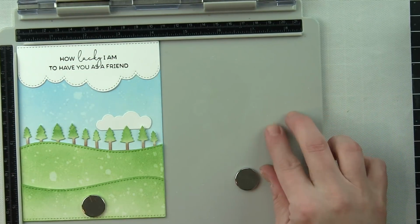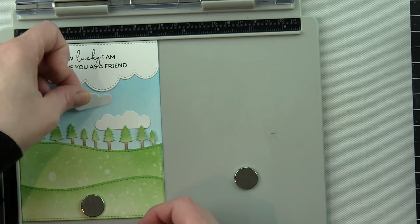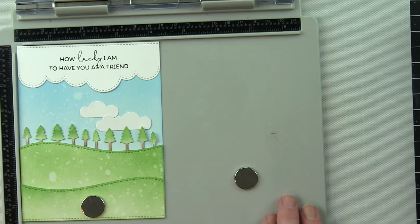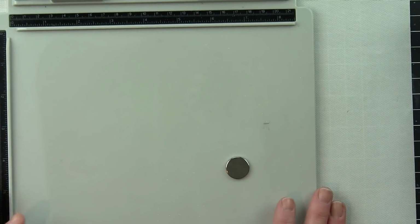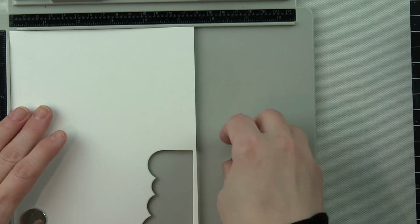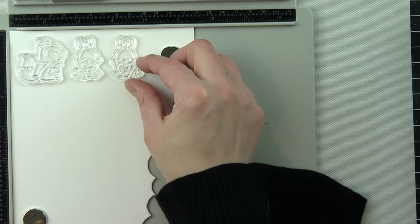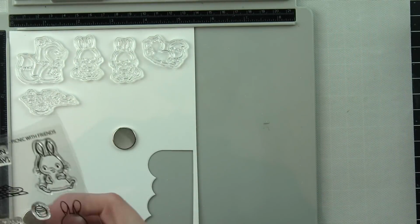Since this card is for the most part coloring, I left all of that in this time. I did speed it up, but I left it all in so you could really, if you want to see exactly what I did, there it is. I will be listing the Copic marker colors I'm using in the bottom right hand corner of the screen